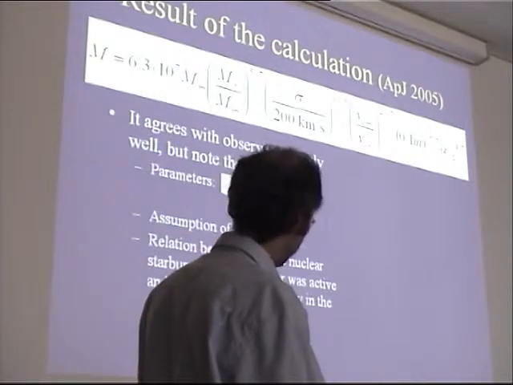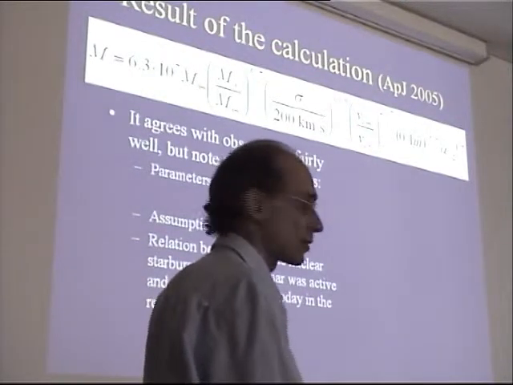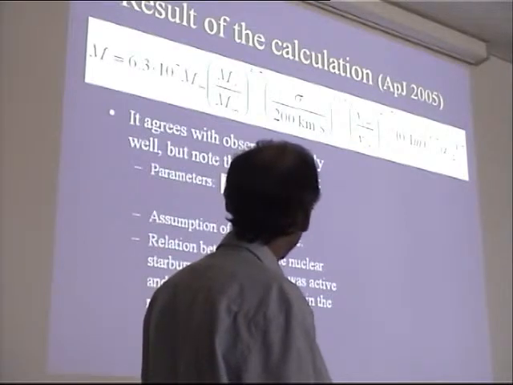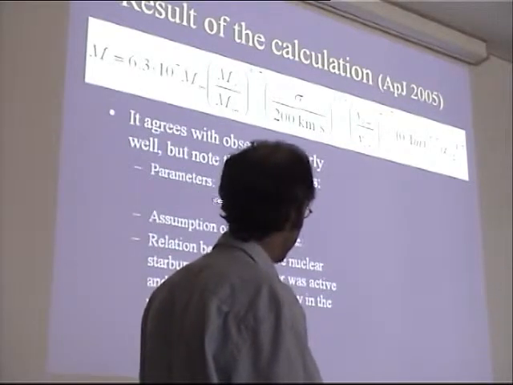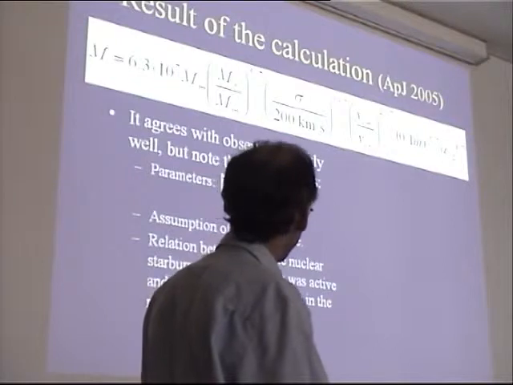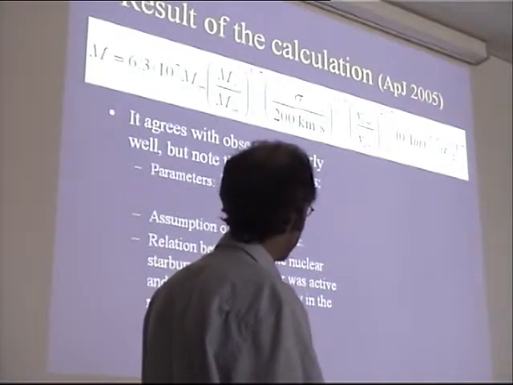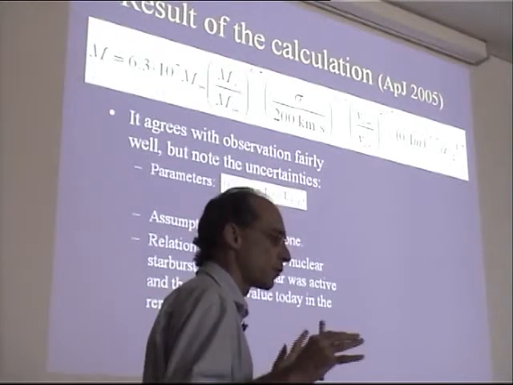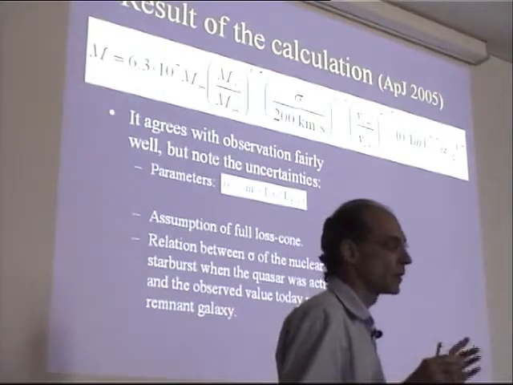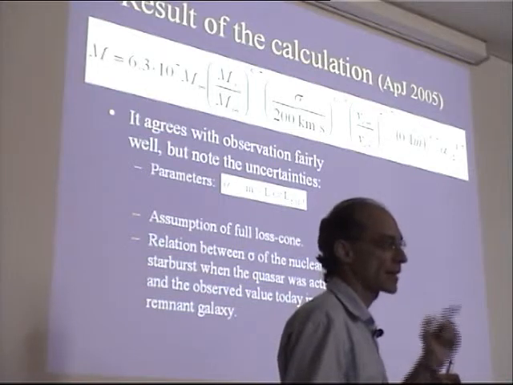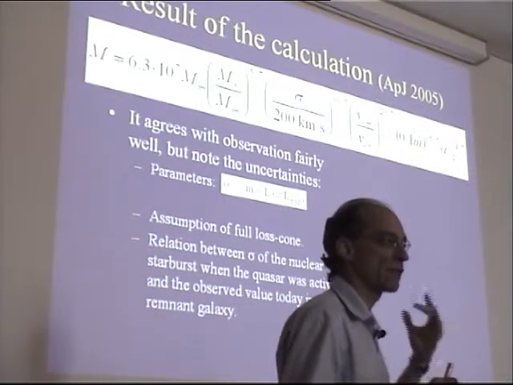we have derived when you try to compare these two observations, right? It depends on the values of these parameters, as I have already said, in the way expressed here. You also have to assume a full loss cone, so you have to assume basically that at the zone of influence where most of the stars will be captured from, the stars are undergoing relaxation fast enough so that over this Salpeter time they will find the loss cone.